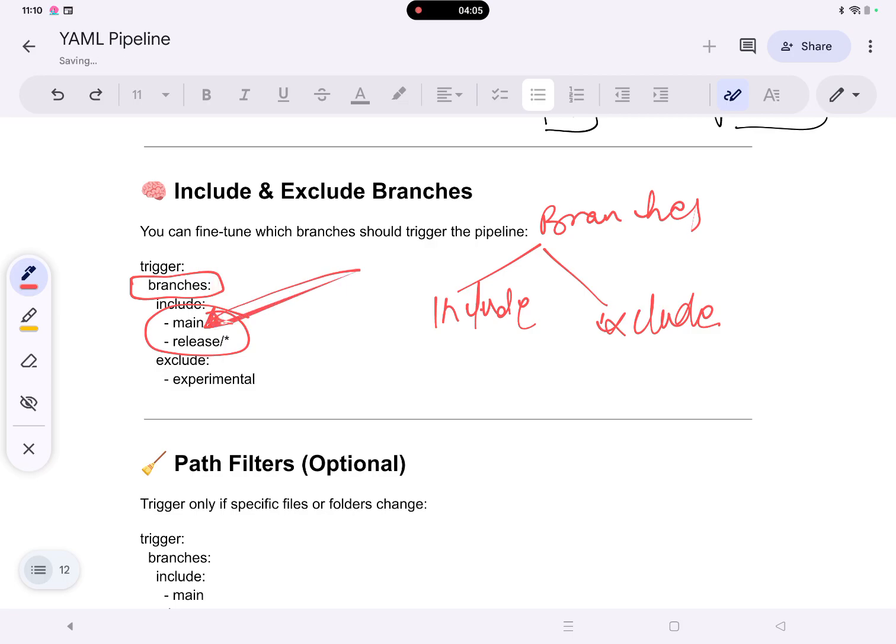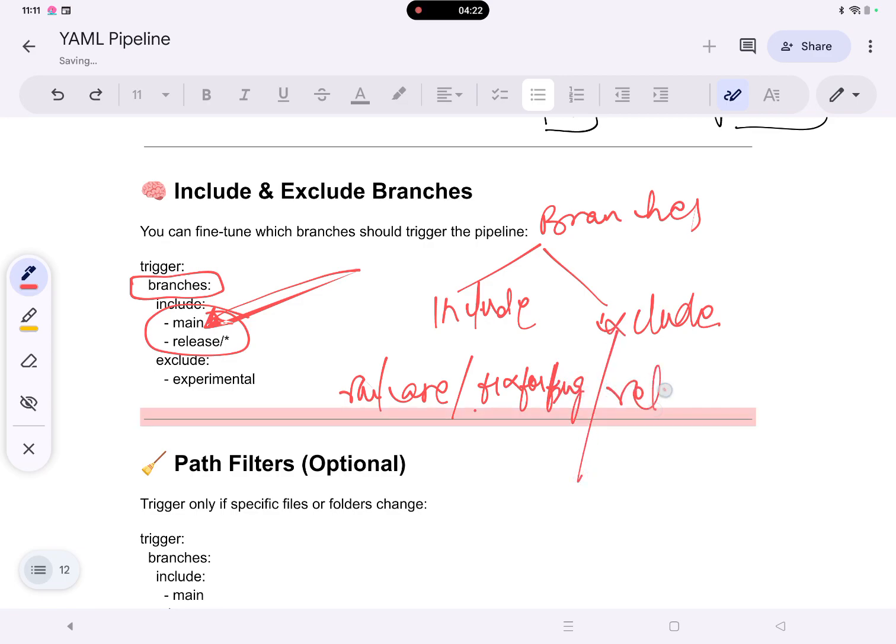Whenever there is a change in a branch with the name release slash fix for bug, or anything which starts like release and then anything can be. Star means all. So anything after release and the forward slash,